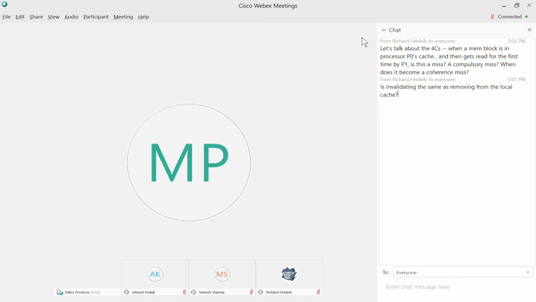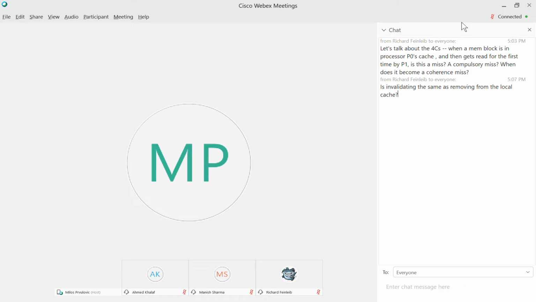But the block is actually still there. The block is essentially still occupying space in my cache, it's just been marked as you cannot access it. So pretty much I will have to refetch it as if it wasn't there. And that's the only difference: unlike all of the other misses, a coherence miss finds the block in the cache but cannot use it.